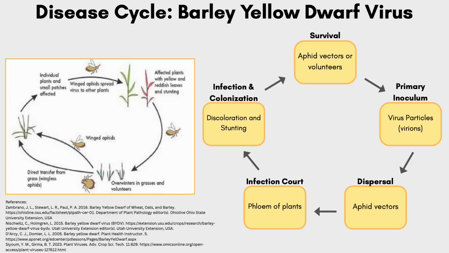This disease is also most severe in the spring, when most aphids are overwintering in grasses and crops. With this in mind, managing the aphid population is a big way to lower the severity of this disease. The infection core is the phloem of the host. As the aphid feeds on the phloem, it transfers the virus along with its saliva, allowing the virus to move